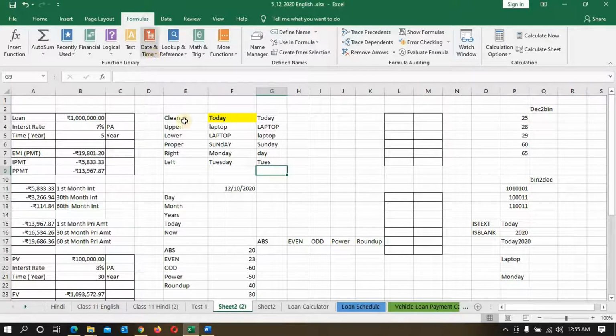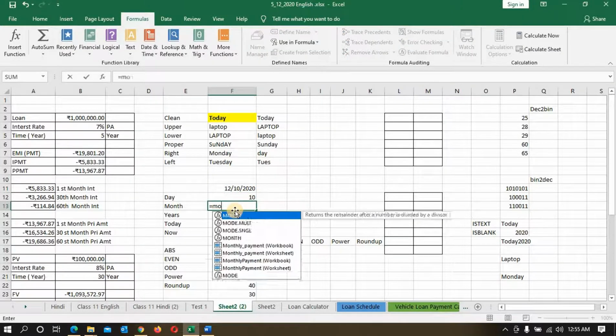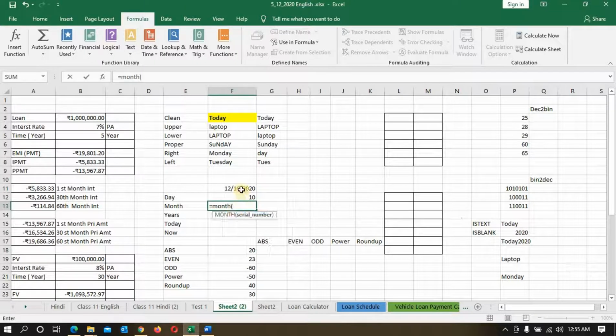Then we have date and time. I put a date like this, we can put even today's date, but then you will not get the formula of this today. So I can get it like day, so I just put here day, and this I will put. So it will tell you what is the day today. Day is 10. Then month, and we'll put here, so this is the month. Then year, so all the formulas, we put year, and this is the year.